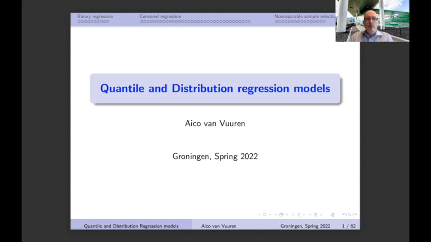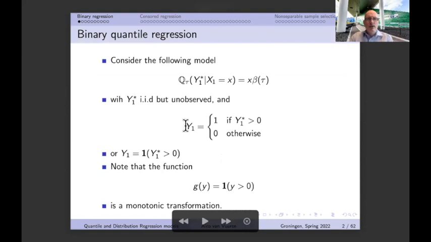We know already from standard econometrics that we, for example, could have a binary regression outcome. We could have a situation in which the left-hand side variable, the outcome variable, can only take values equal to 0 and 1. And the question, of course, arises, could we take that also into account at the moment that we're going to look at quantile regression analysis? Well, the answer to that relatively simple question might be that maybe not.